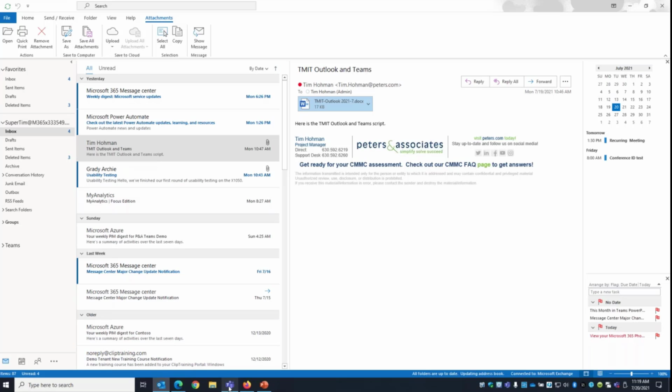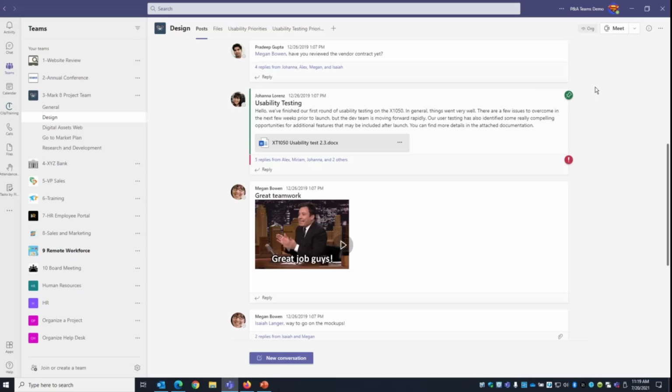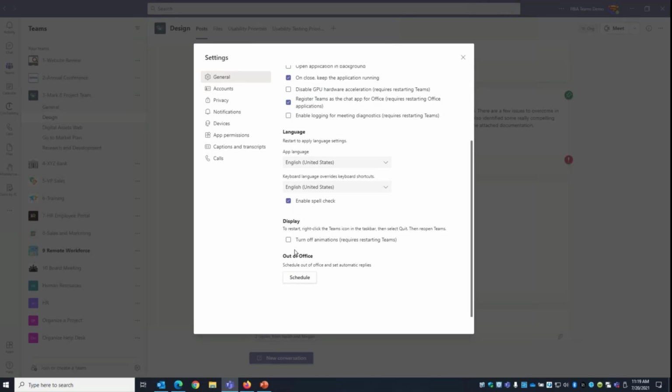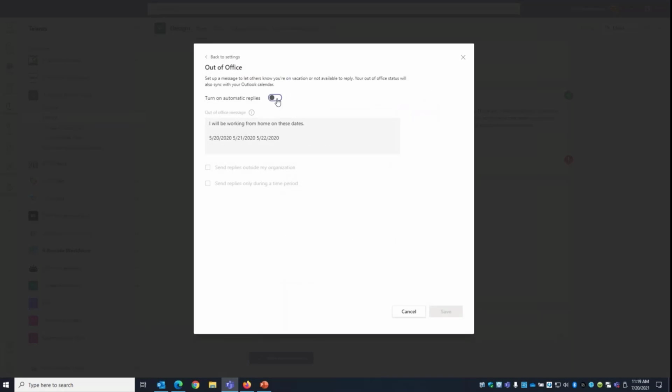One thing I think that's neat to show is how you can set your out of office. So this is my Teams client, just under general. If I scroll down to the bottom, if I do out of office, I can turn on automatic replies, whatever, working from home, however I want to configure that. And then if I save that,